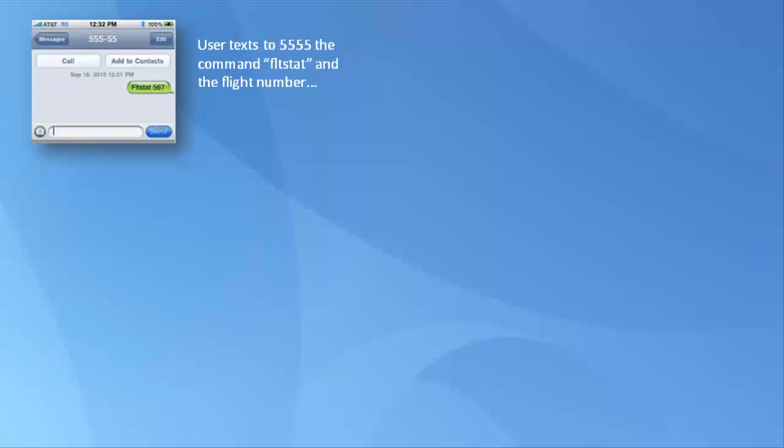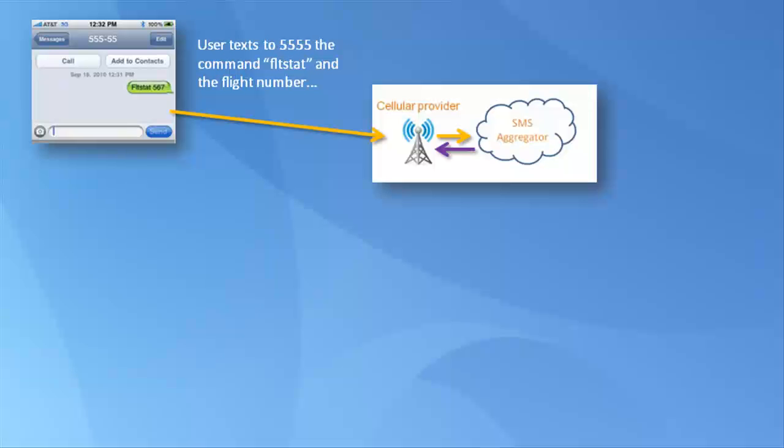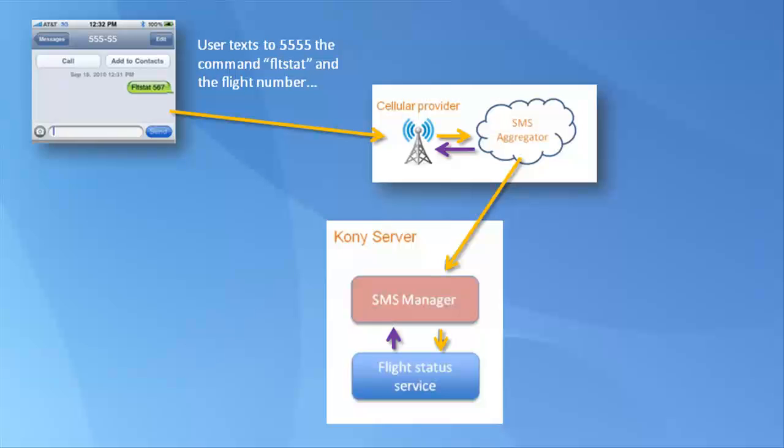So the way the two-way SMS works from a user experience standpoint, right? Let's say there's a flight status SMS function that the user wants to use. So text to 5555 the command flight stat, and then a flight number. The user wants to know what's the status of this flight. So what happens is this message gets sent through the cellular network over to the SMS aggregator, and the SMS aggregator recognizes the code 5555 and knows that it's registered to the Kony server and passes that message on to